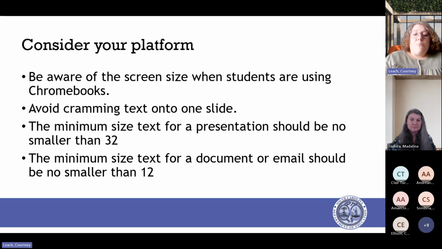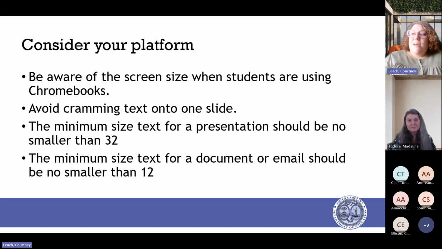Having multiple slides is not really a bad thing, especially if you can group your information, a couple of bullet points per slide. That's probably the best thing to do, to limit putting too much on one slide.